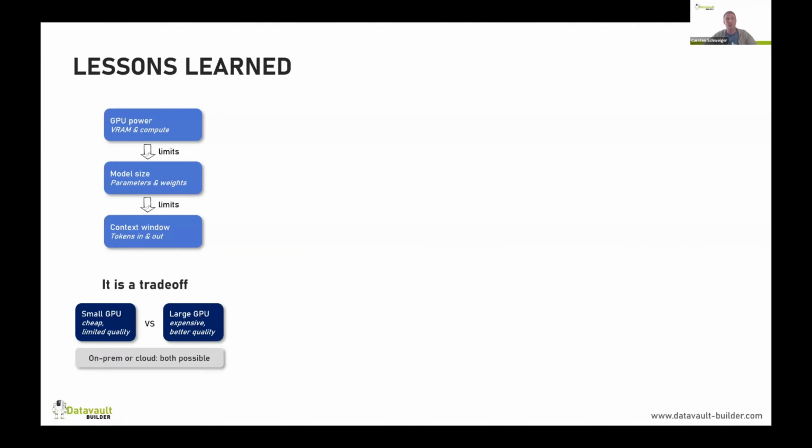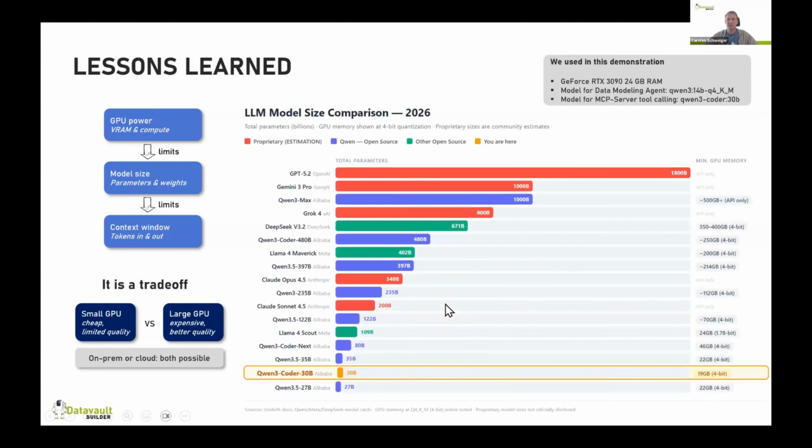Of course, it also depends on how many users you have. And the good news is it's possible on-prem and in the cloud. Both are possible, and I'll just show it here in a comparison. We now used, in the gray box, you can read it,